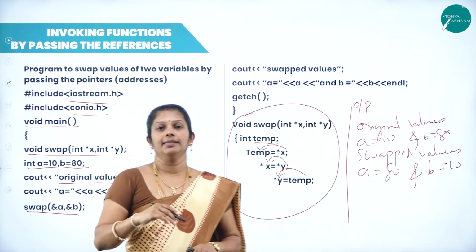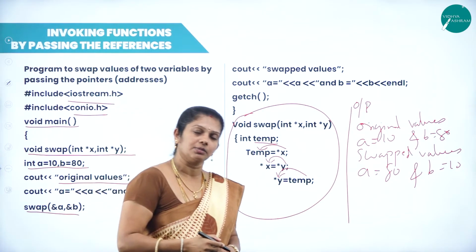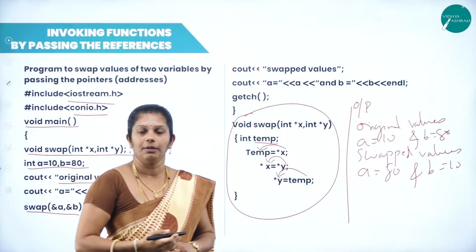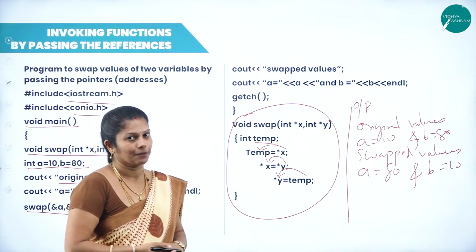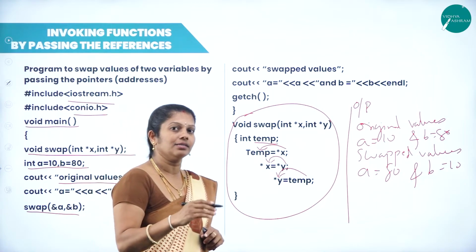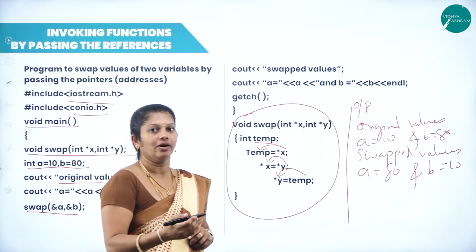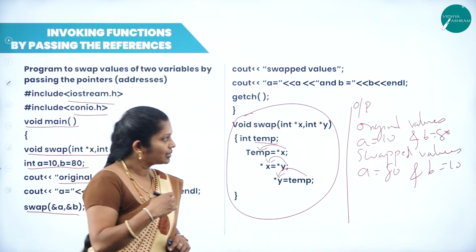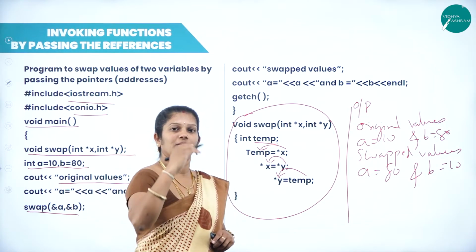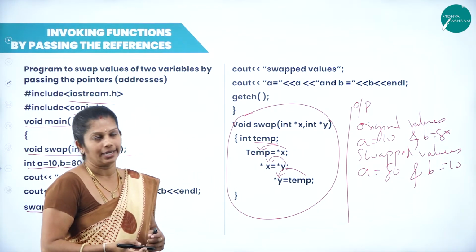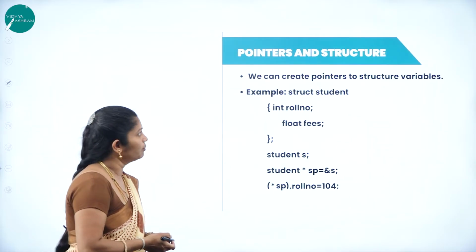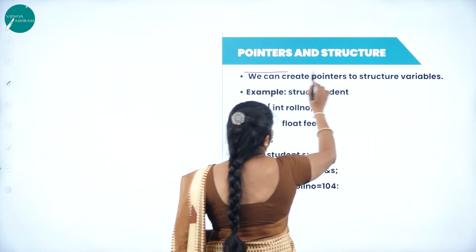It means that in pass by reference as well as in pass by pointer, in both cases we are able to pass the arguments. Whereas in call by reference, it takes the data at that address under some other name and works on it. In call by pointer, it takes the data at the same address and works on it. Next we'll move on to the next concept, pointers and structures.